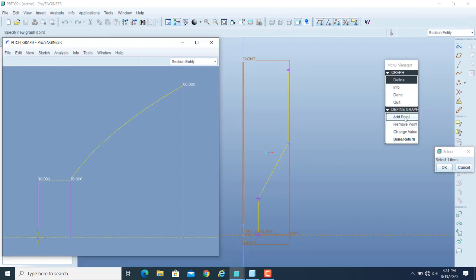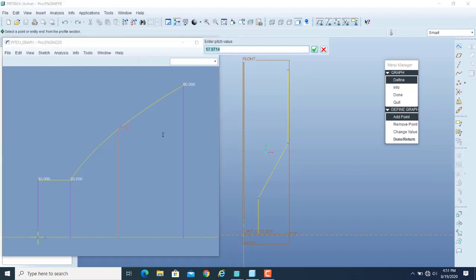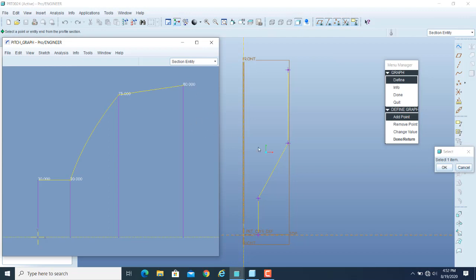And suppose if you want to add another point, so still I am in that particular option. So if I click on this particular point, it will also come into the listing, and you can give any appropriate value to that. So suppose I say that from this point to this point, we have a pitch value of, let us say, from 30 to, let us say, 75. Okay. And then